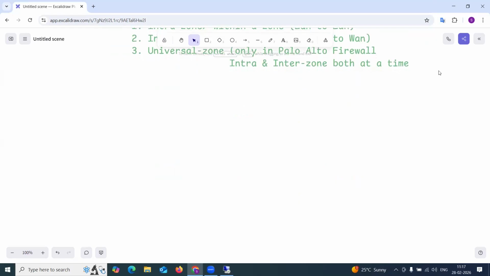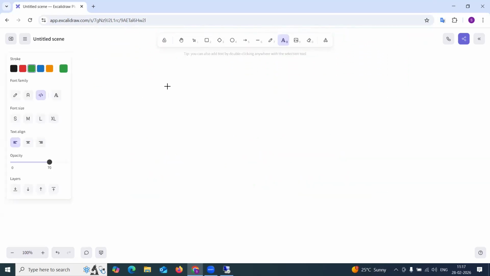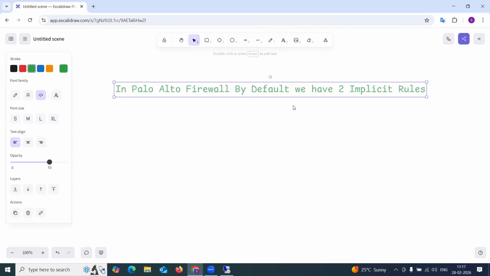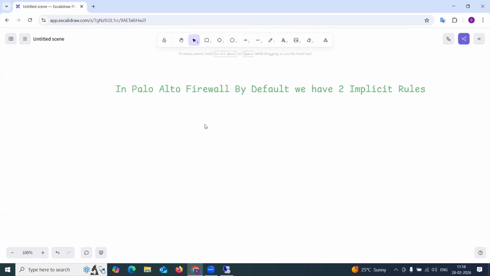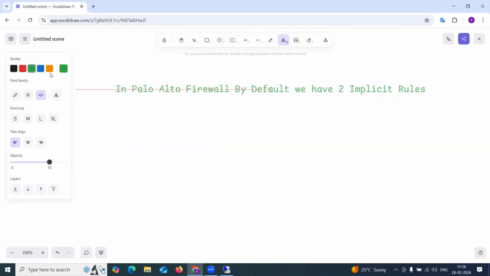Before I go for a practical, let me tell you one more thing. In Palo Alto Firewall, by default, we have two implicit rules. Now you know very well what an implicit rule is. One is intrazone, and the conditions are